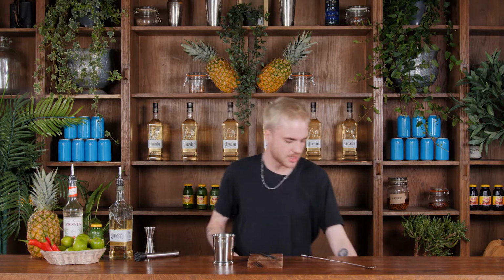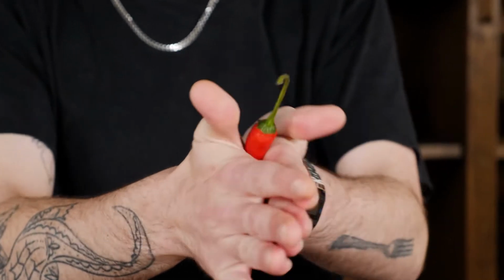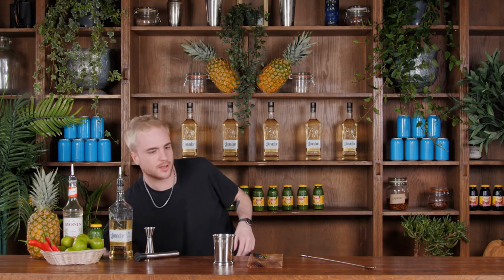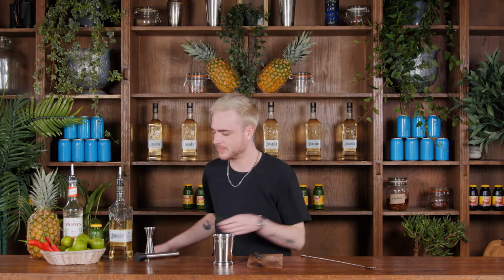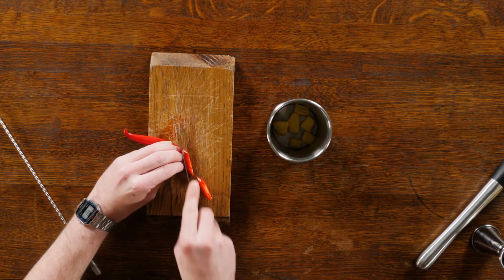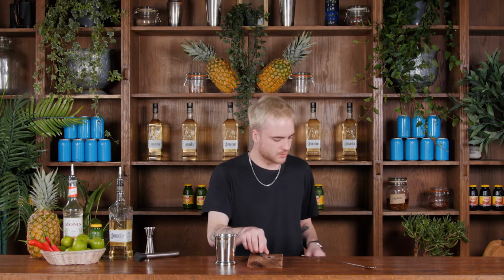Right, next thing I'm going to put in here is going to be the picante part of our Pineapple Picante Smash, which is going to be some chili. I'm just going to roll this between my hands to loosen up the seeds. I'll cut the top off and give it a little shake to get rid of those. There we go. And I don't want this too spicy, so I'm just going to do a couple of little slices of chili. The final fresh solid ingredient to go in here is going to be some lime,